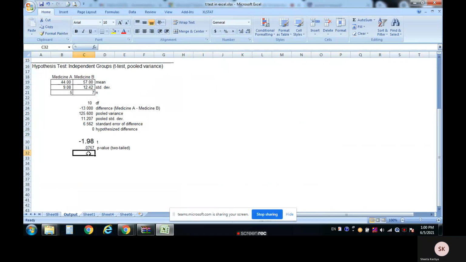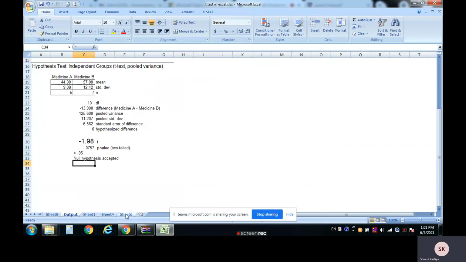It means again in this case also the p-value is greater than 0.05, which means null hypothesis is again accepted. This is how we apply independent sample t-test using MegaStat in MS Excel.